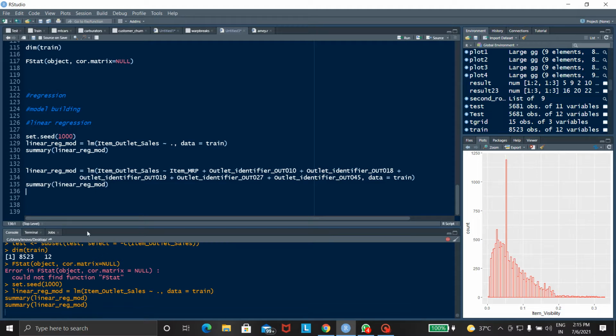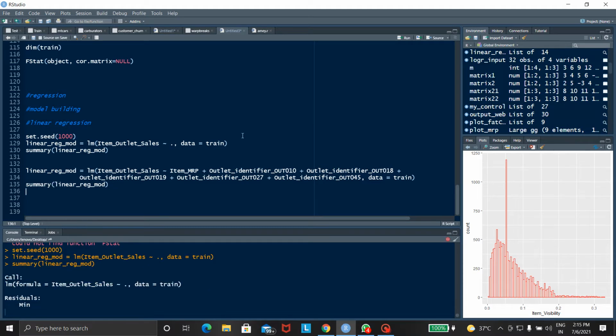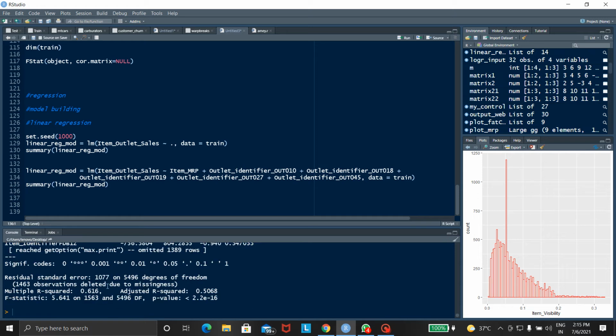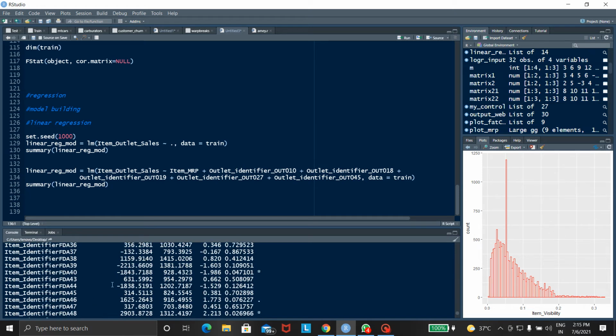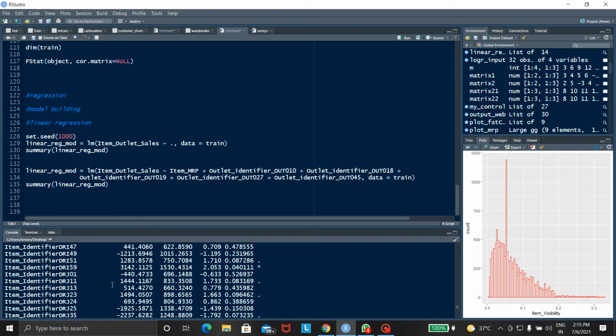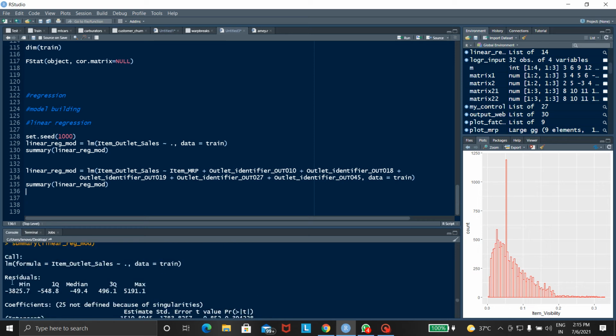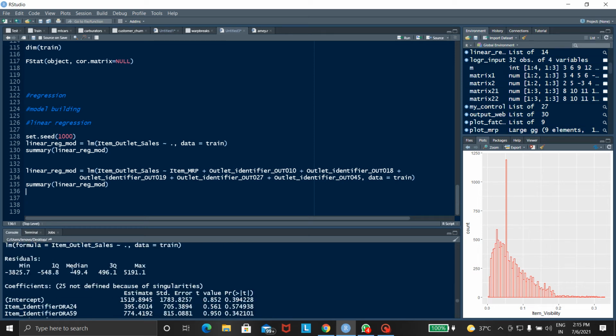Wait for some seconds. Let's see, here we have found the linear regression. In linear regression, the main outputs we find are the residuals: minimum, median, and maximum, along with the mean. These are the main outputs of linear regression.